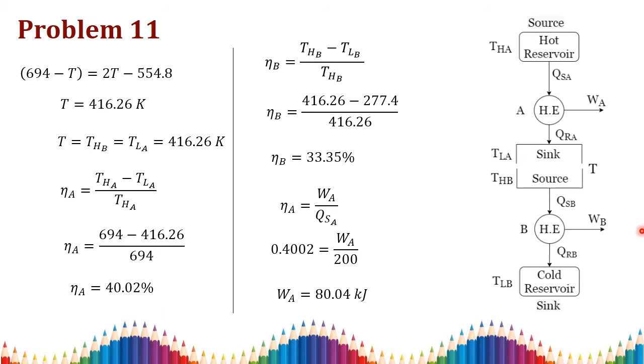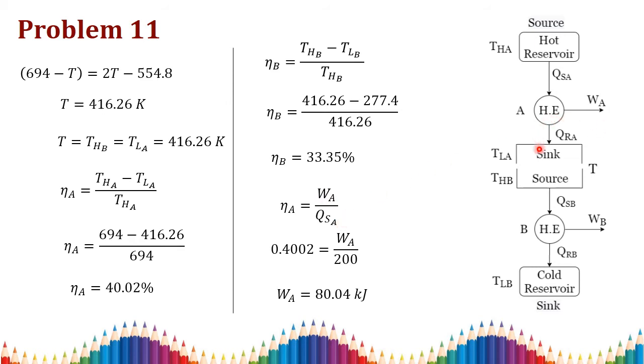Then efficiency B, so the efficiency of B will be THB minus TLB divided by THB. This THB is again T, the intermediate temperature. You know that value. You substitute all the values to get the efficiency of B as 33.35%. Then efficiency A can be written as work done of A divided by heat supplied of A, because we